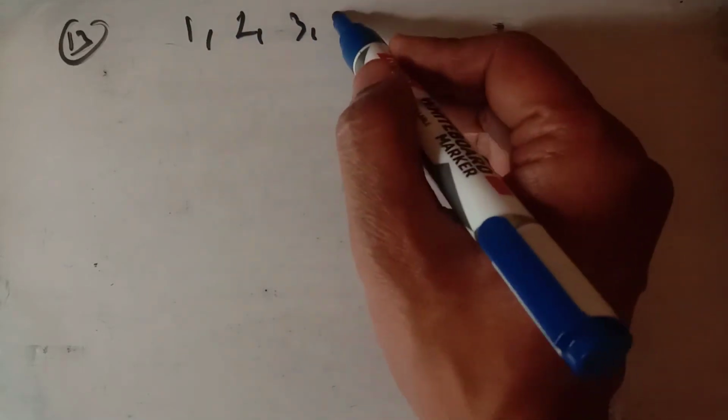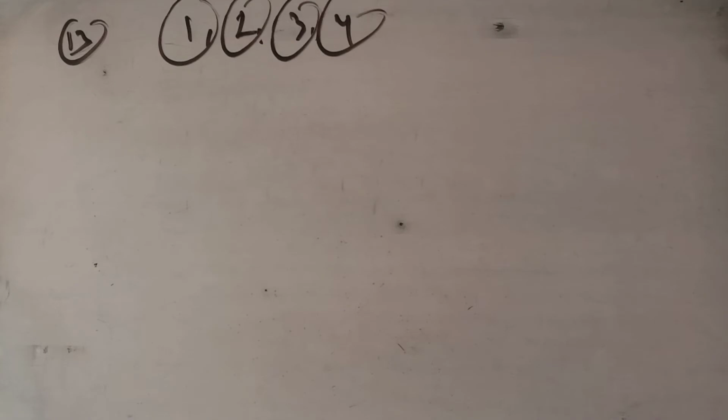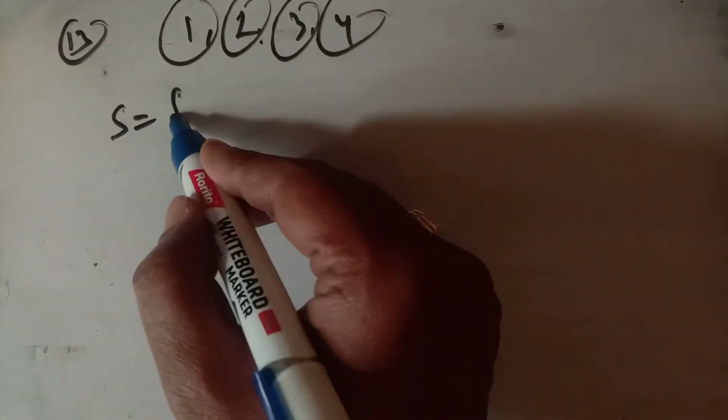Now for question number 13, what we have is the numbers 1 2 3 4 written on 4 slips of paper. 1 2 3 4, 4 slips पर ये हमारे पास numbers लिखे हुए हैं, and the slips are put in a box and mixed thoroughly. A person draws 2 slips from the box one after the other without replacement. So what is the sample space? तो sample space क्या आएगा?